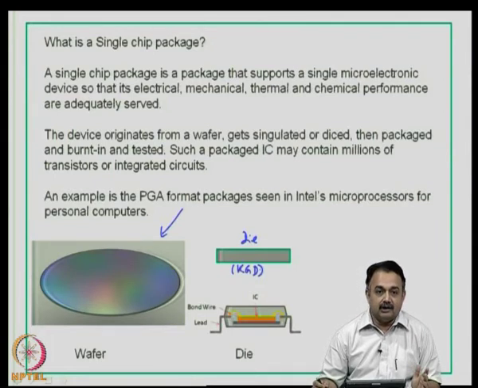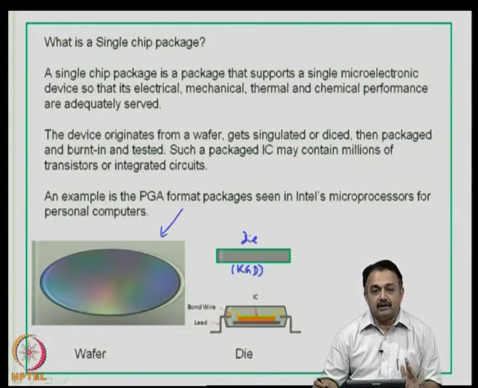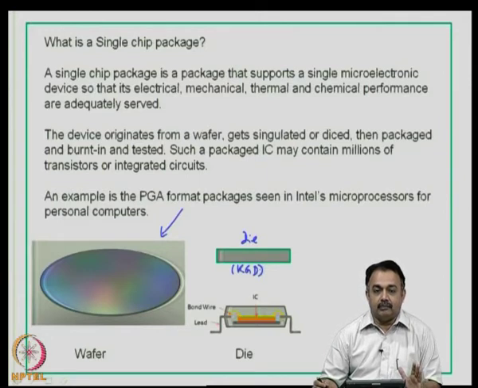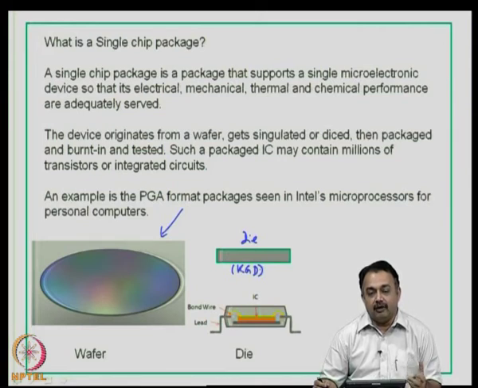Then it is packaged, and then again after the packaging is done, it is burnt in using several standards based on the materials that you are using, tested and then qualified to be sent to the market. So, such a packaged die or IC may contain millions of transistors or integrated circuits. If you look at a microprocessor application, the die is singulated, then it is packaged, and then